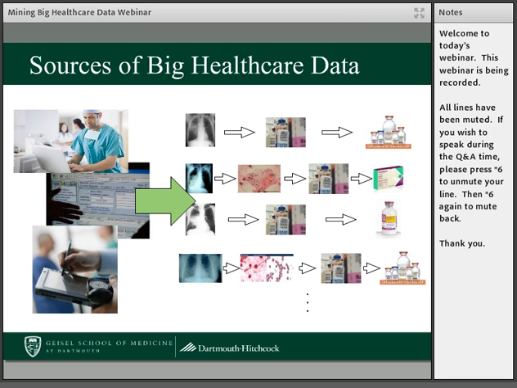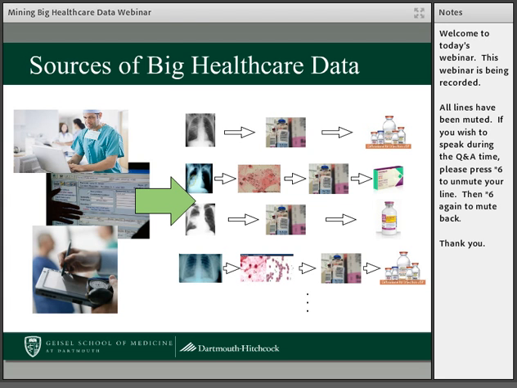In terms of big healthcare data, we're seeing more and more data being collected within the health system at this current time. A lot of this is because we've spent the last few years deploying electronic health record systems throughout the country in academic medical centers, in large hospitals, and more increasingly in primary care settings. And there's been, as many of you know, a lot of incentives for the health system to use this technology effectively to help with gathering data about patient care, as well as using information to look at population-level patterns in the data. What this slide shows is there's a number of ways that we're collecting this information now. It's coming from a variety of sources.